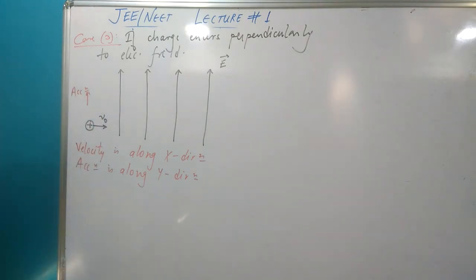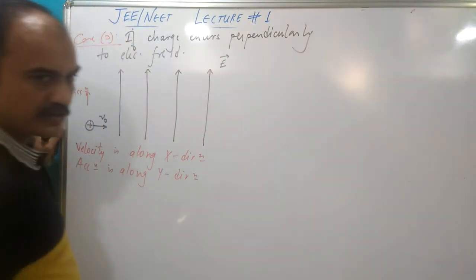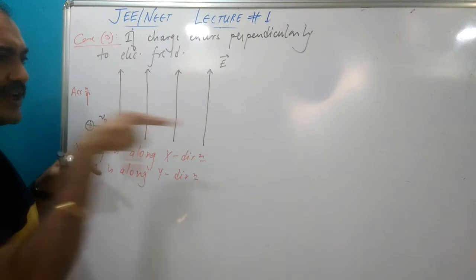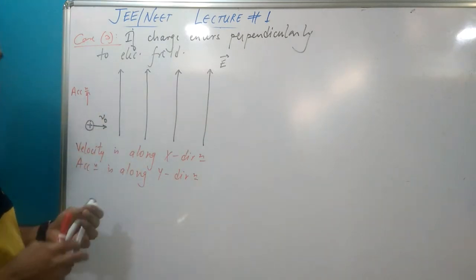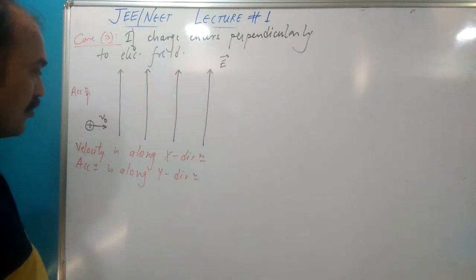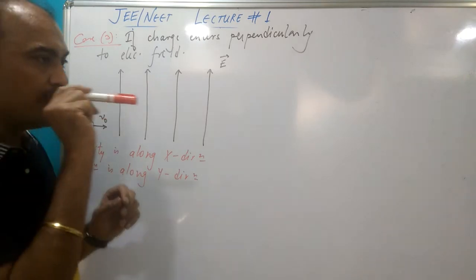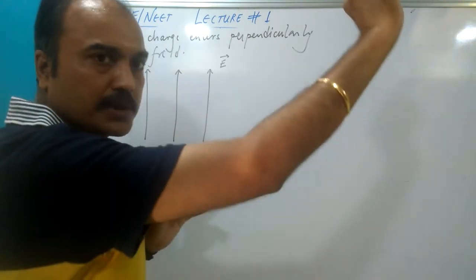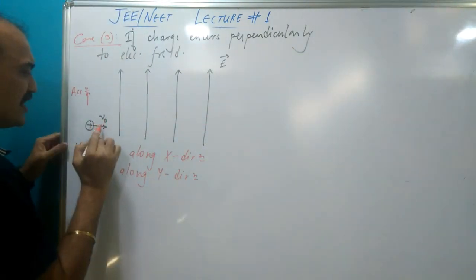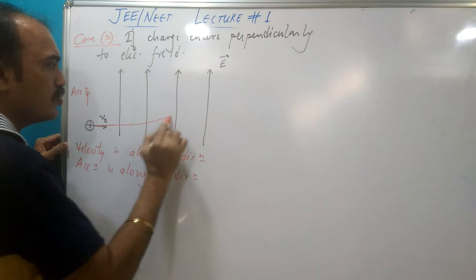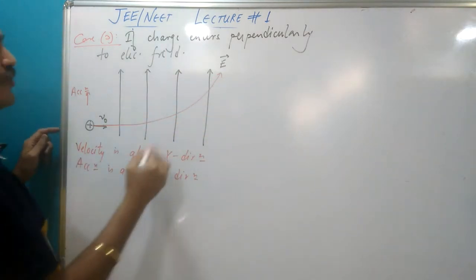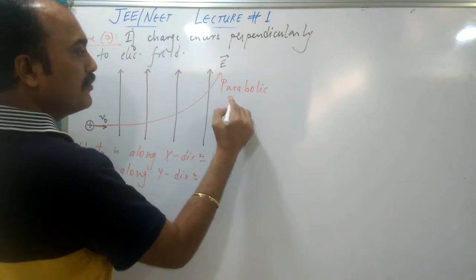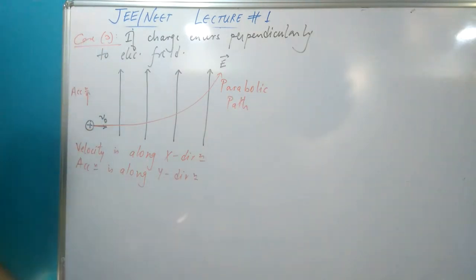What will be the type of motion of this particle? Will it go straight? No, it won't. How can it go straight? Because somebody is trying to push it upwards. So if something is going like this and some agency is trying to push it upwards, then what will be the type of motion? It's going out here and somebody is pushing, pushing, pushing. Then it will be a projectile type motion. Ooh, what a beautiful path. This is a parabolic path. It looks beautiful, no doubt.